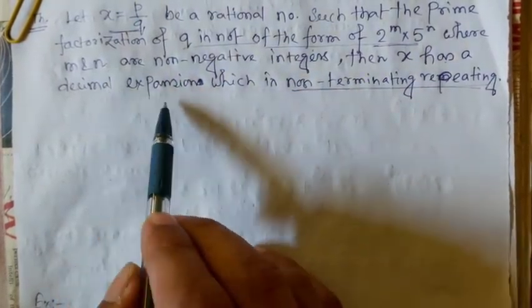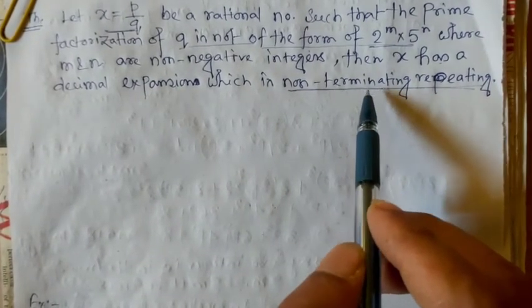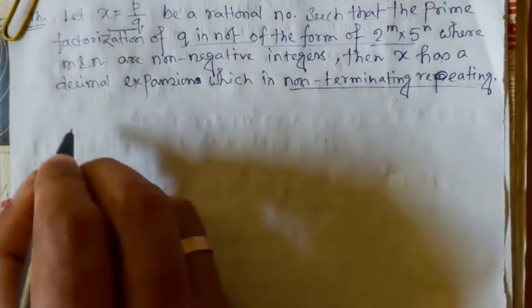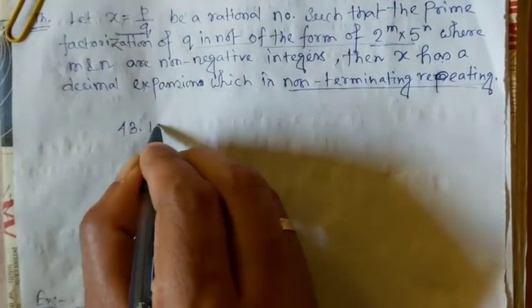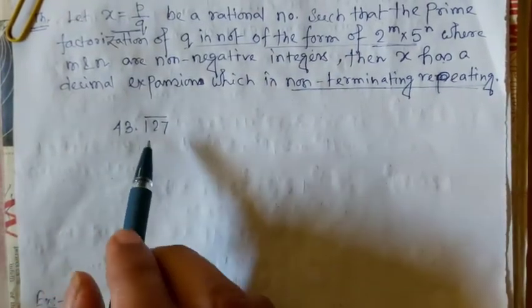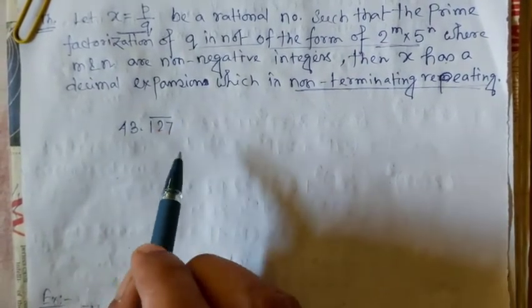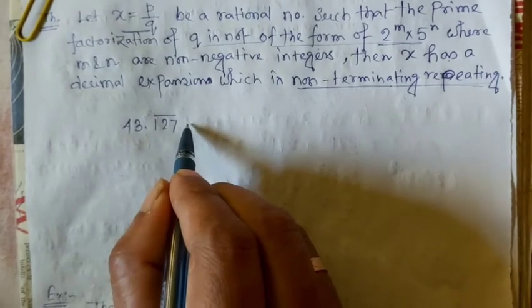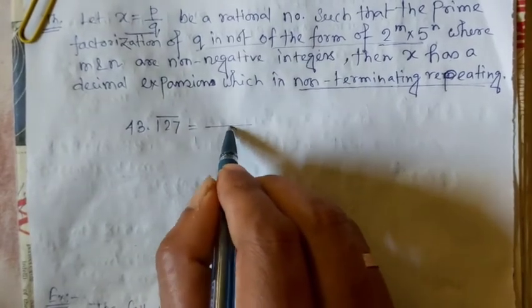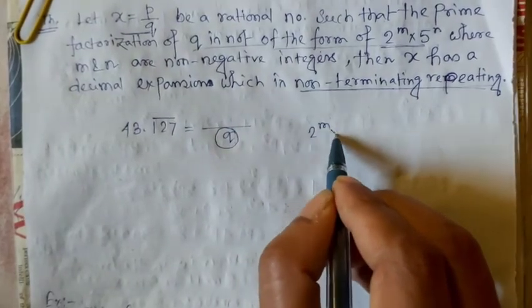This rational number p by q has a decimal expression which is either terminating or non-terminating and repeating. That means it does not terminate but repeats an infinite number of times. Suppose the example is 43.127 repeating. This one is non-terminating and repeating. And if this decimal number is in the form of p by q, then the value of q, that means the denominator, is not in the form of 2 to the power m into 5 to the power n.